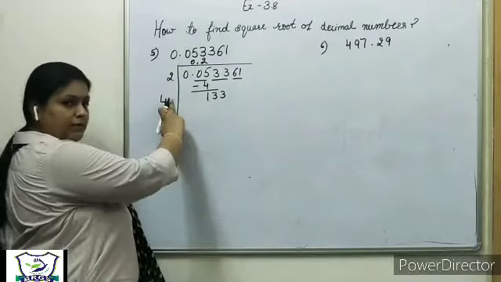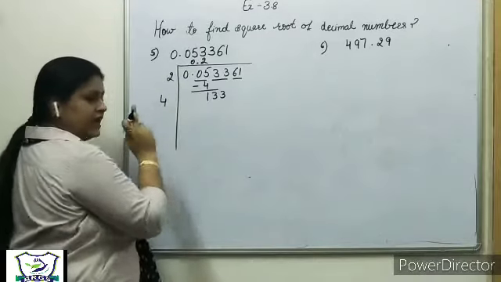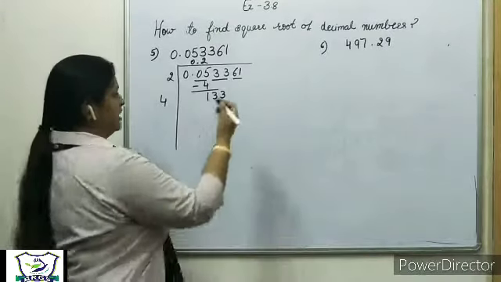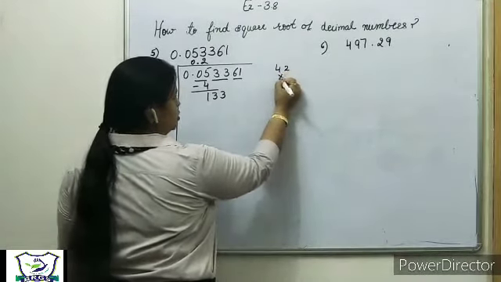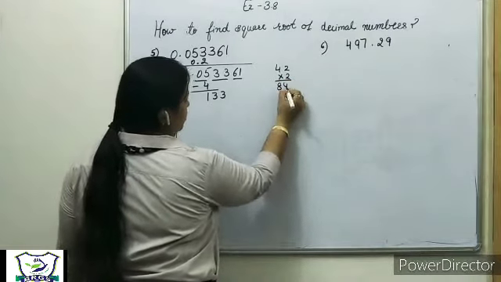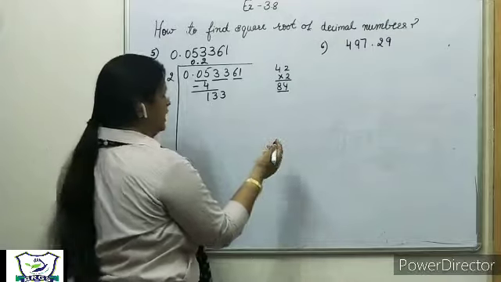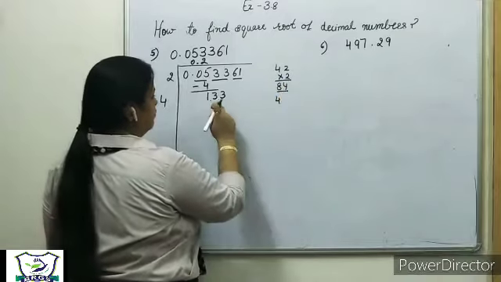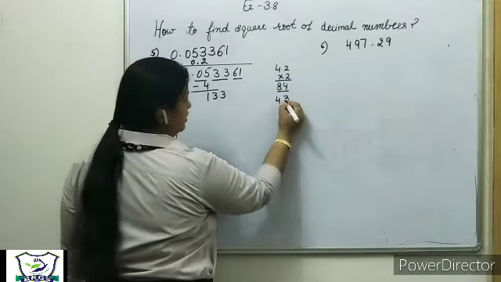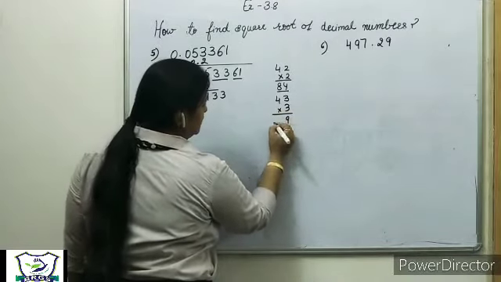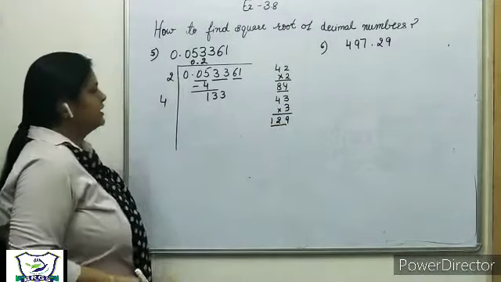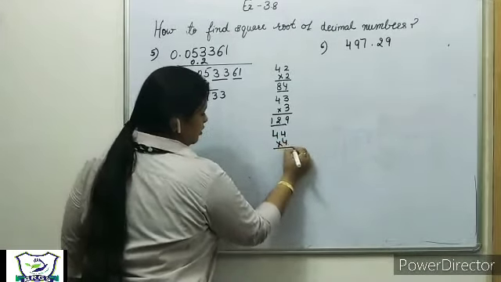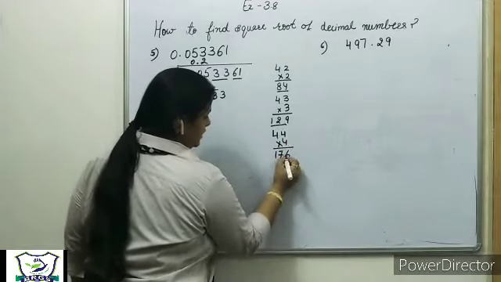Thereafter we have to put one number here, so that by multiplying with that digit your product should be either 133 or less than 133. So let's try. 42, if we put 2, then it will be 84. It is less than 133. Let's check for another number. Let's try 3. 3 3s are 9, 3 4s are 12, so 129. Again, yes, it is less than 133. Next, if we try to put 4, 4 4s are 16, so 176.